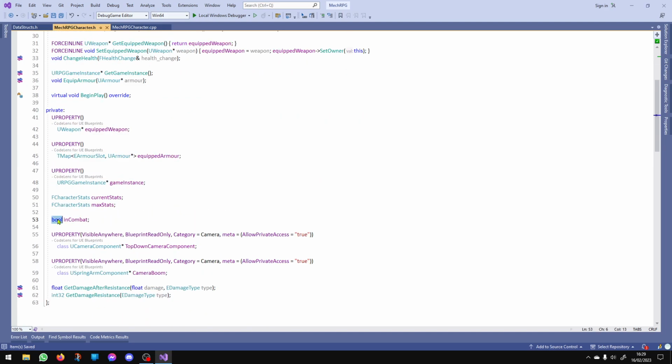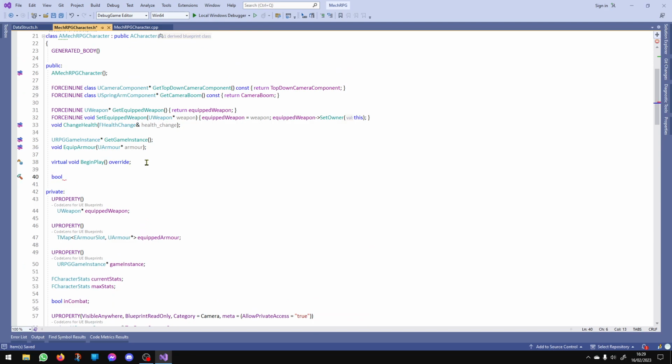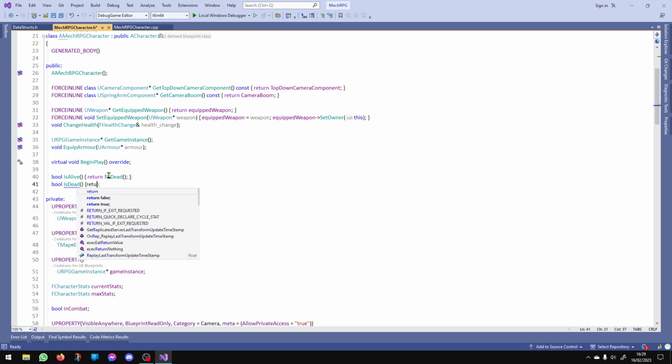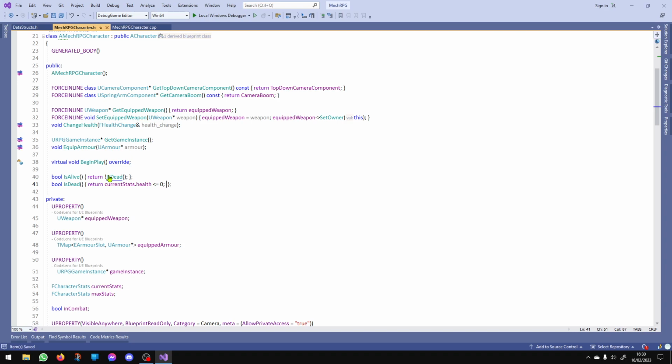We need another very straightforward method. I'm actually going to make 2, because contextually it helps. I know I could do this in 1. I mean, I could do like, and this would turn current stats dot health less than or equal to 0. There we go. Because obviously